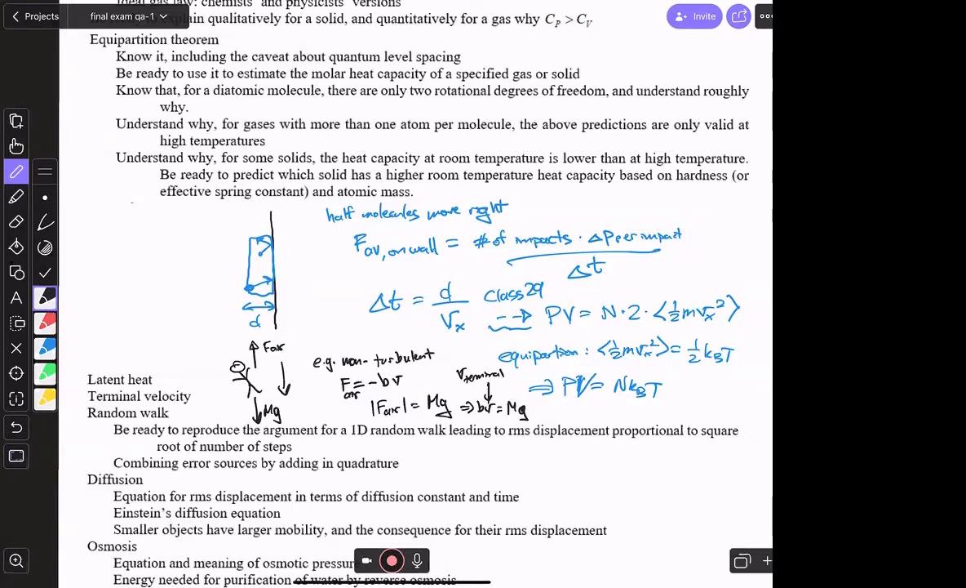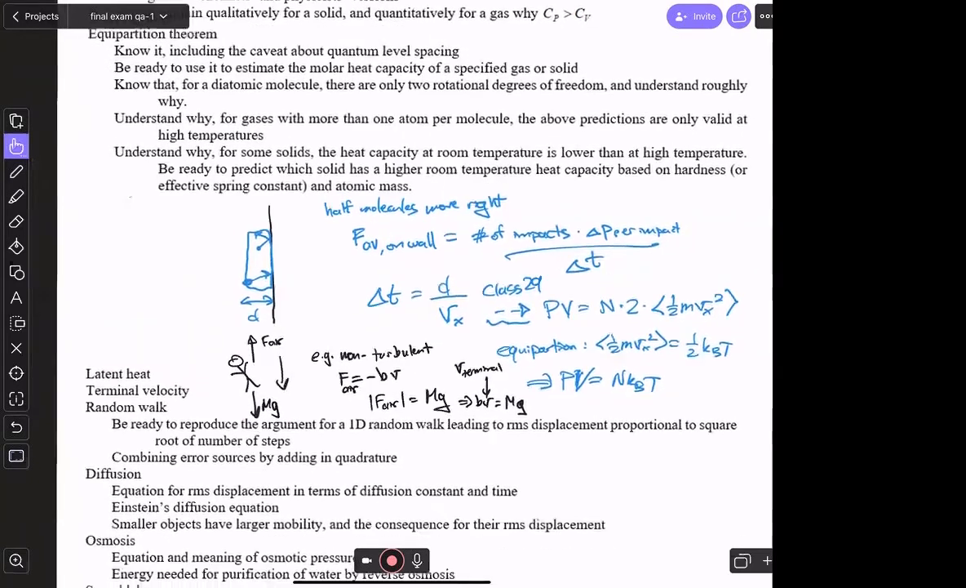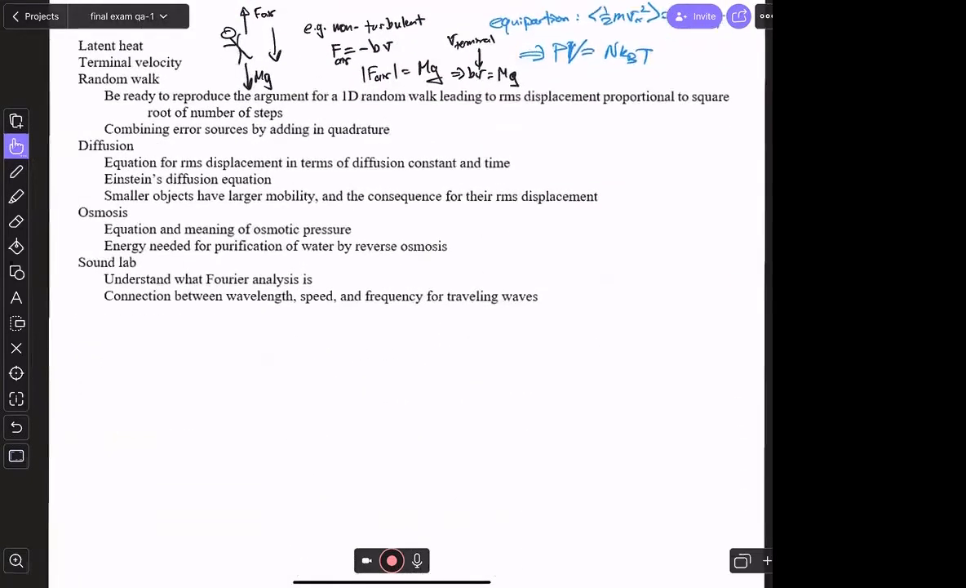Random walk: be ready to reproduce the argument for a 1D random walk leading to an RMS displacement that's proportional to the square root of the number of steps. Could you just go over the difference between RMS velocity and average velocity? Yeah, so